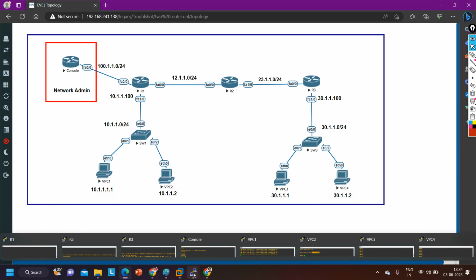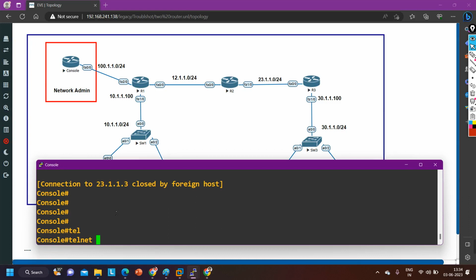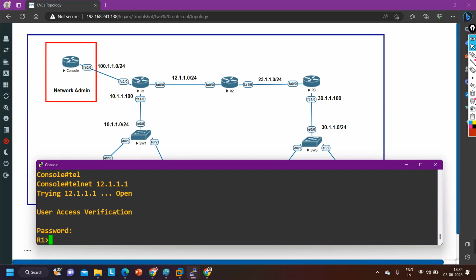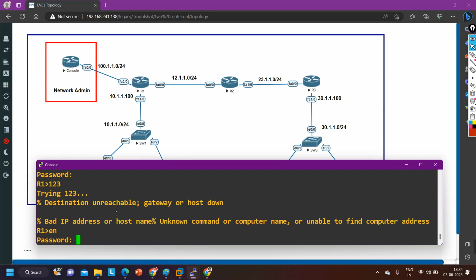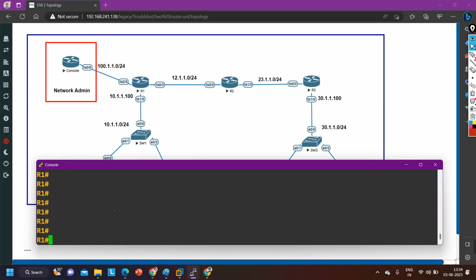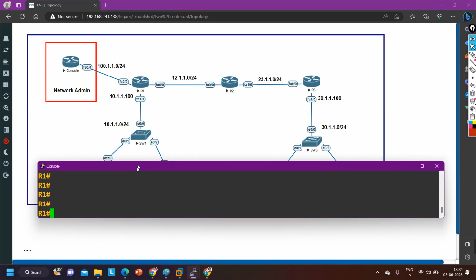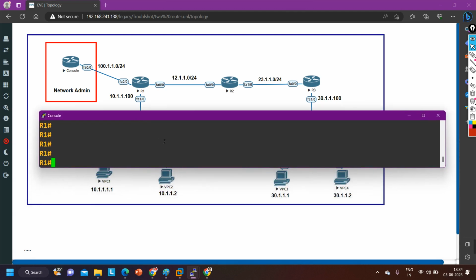Again I will go to the console router. I will take telnet access of router 1 now. Telnet 12.1.1.1, router 1, and the password is Cisco 123. From enable, 123. Done. From router number 1, what I am going to do is ping. See, these are non-technical guys, so you need to troubleshoot why VPC2 is not able to ping the 30